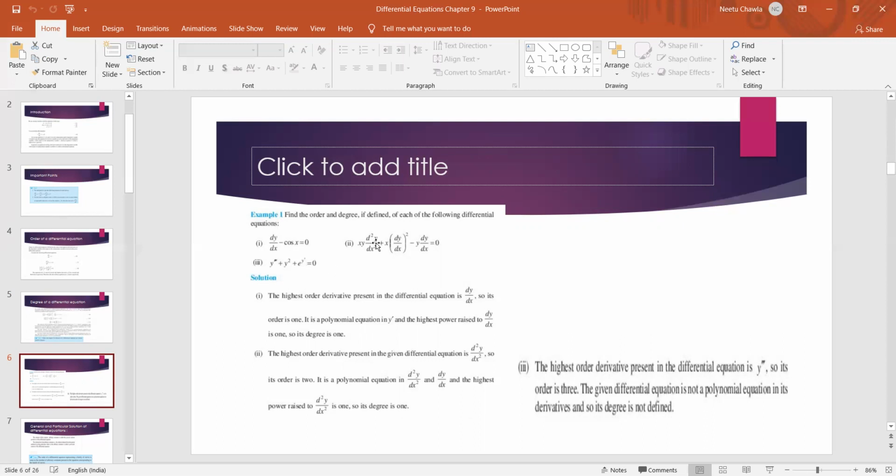Based on all this explanation, you have to do exercise 9.1. If you have any doubt, call me on WhatsApp, send me a message in the personal window. I'll easily solve it. And we have already done exercise 9.1 in the class, we'll be discussing it. So here I'm ending the first part of this chapter 9.